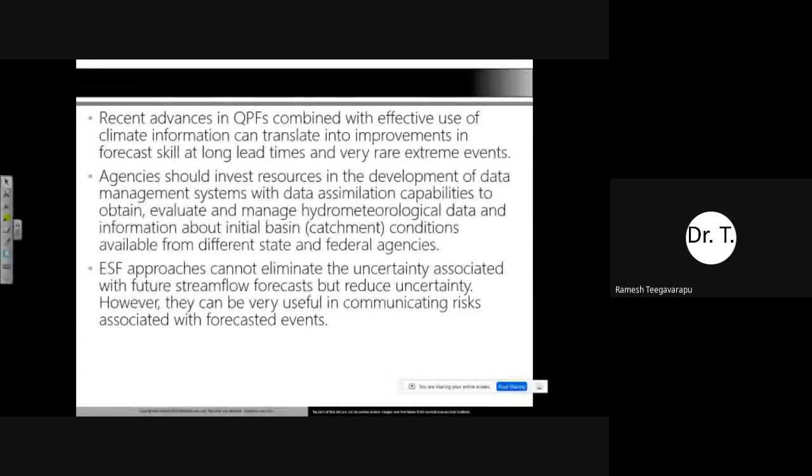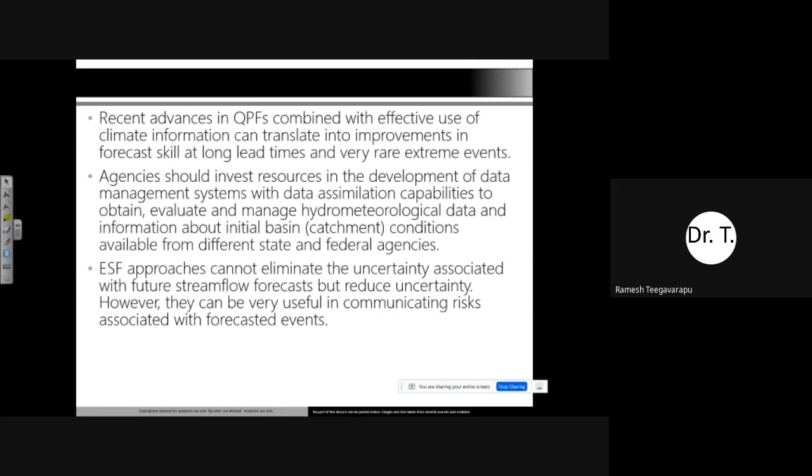QPF, that is quantitative precipitation forecast, combined with climate information, can translate into improvements in forecast skill. So now we have a nice quantitative precipitation forecast of what might happen in future, and that can help us improve the skill of our models.